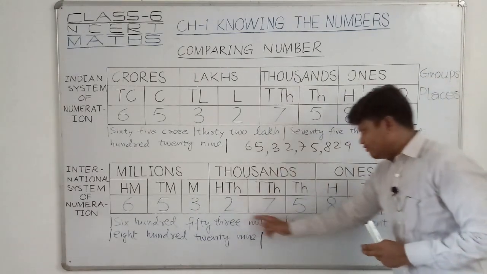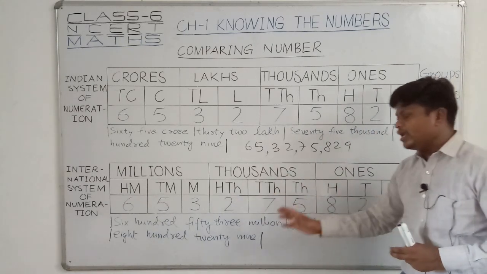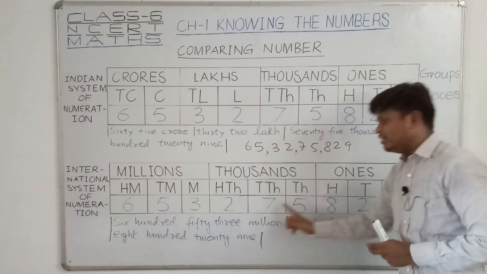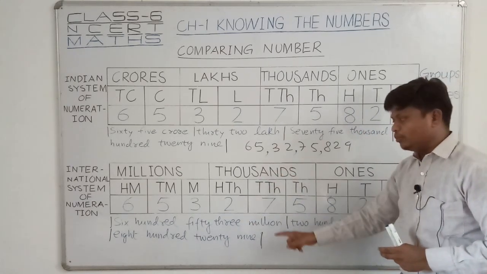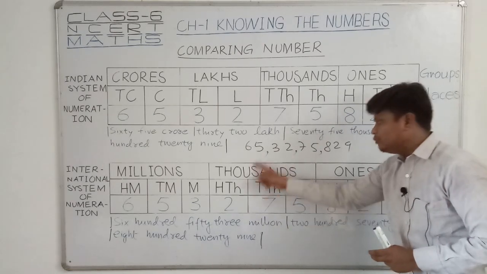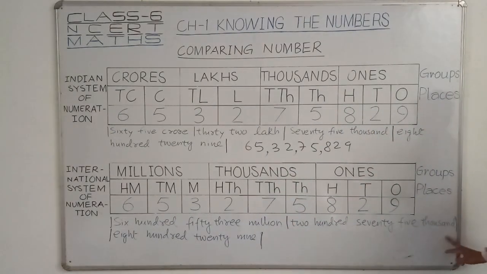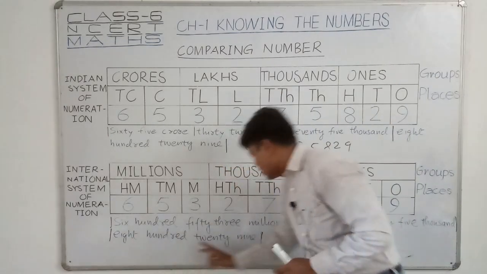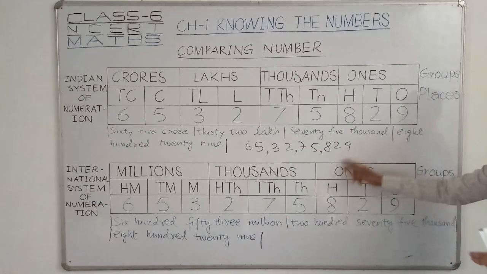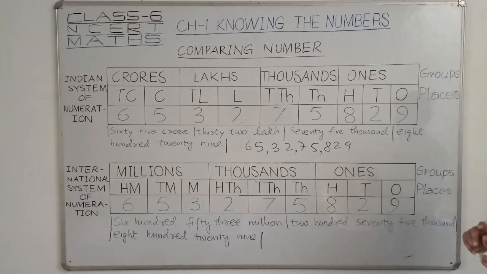And after that we come to this group. Here is the number 2, 7 and 5. Similarly I can read this number as 275, but this number is present in the 1000 group. So after this number I will put the 1000, right? You can see that 275,000, right? At the last we can see 829, right? So this is the ones group. So we can read 829, right?